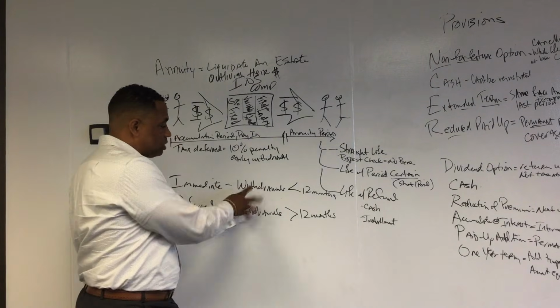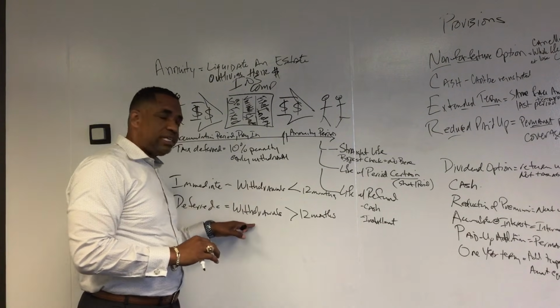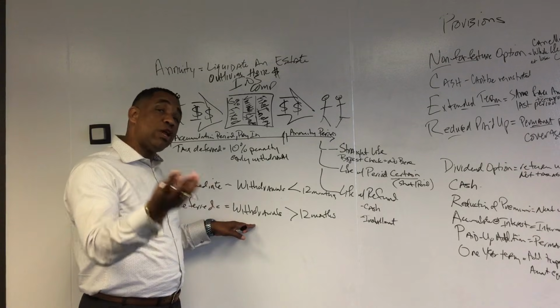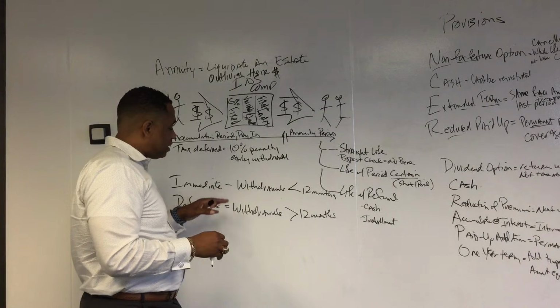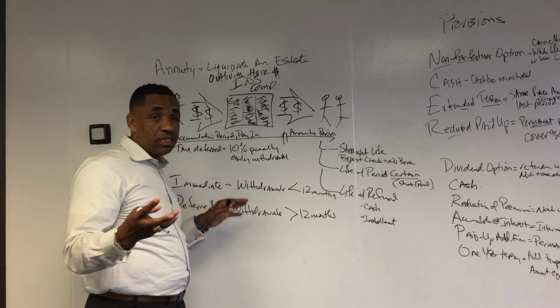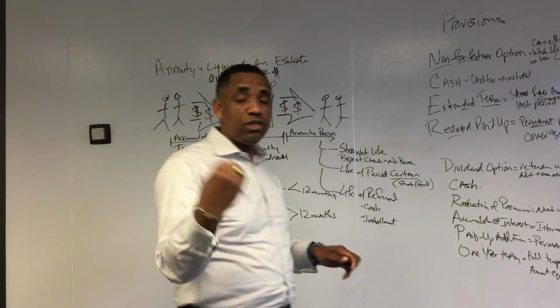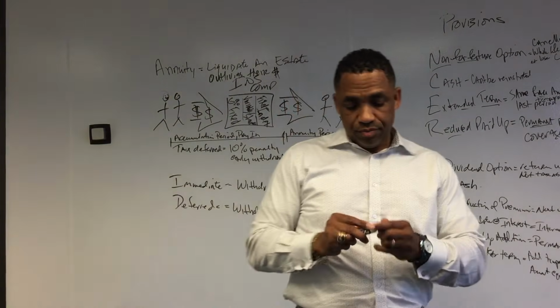On the test, they have a question worded where they mention something about Jack starting an annuity and starting an income. They don't use the word immediate, but that answer is an immediate annuity, because they just basically want to make sure you know, if you take that money immediately, that's an immediate annuity.